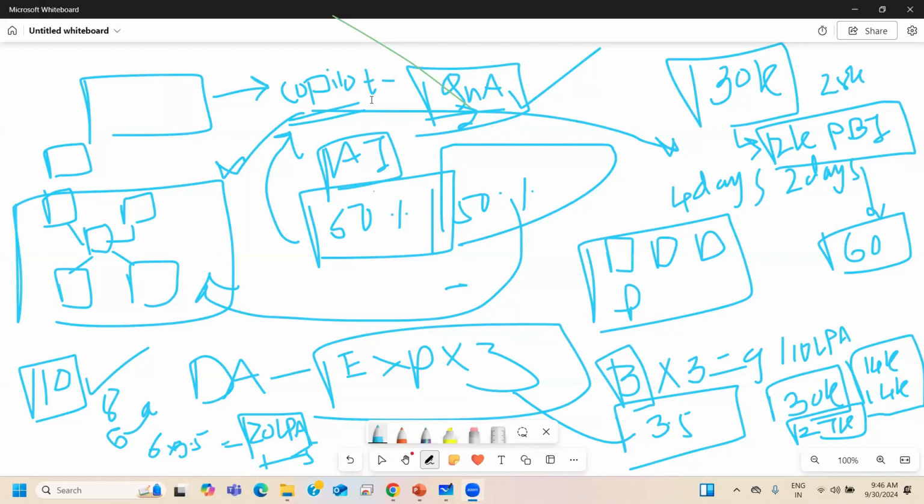I'm working, sir, as a Power BI, SQL, Excel, sir. Okay, you want to move to the Power Apps. You want to create some small scale applications and then use some automation. There, the Power Platform is the best fit. But in Power Platform, as I've said, there is no cloud.